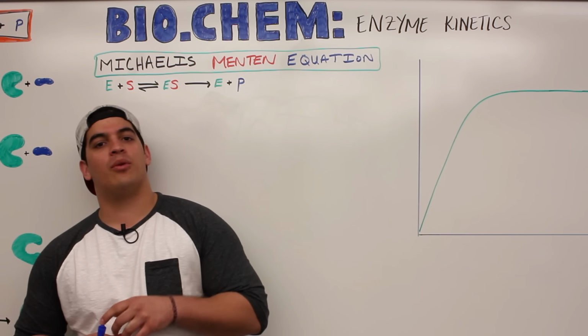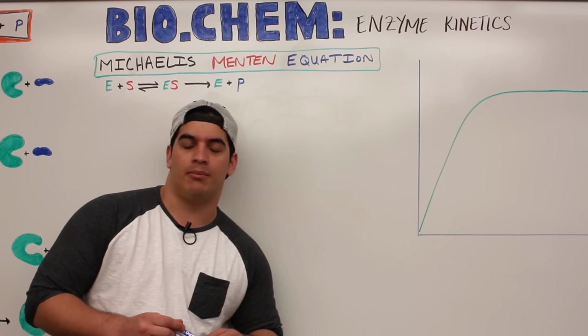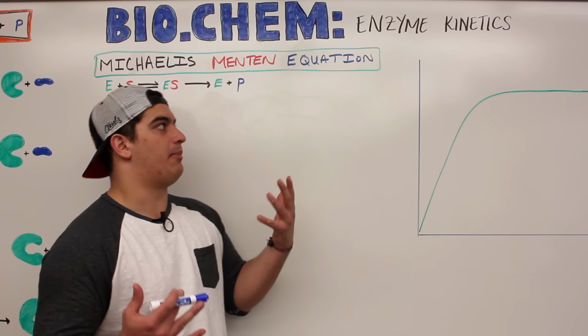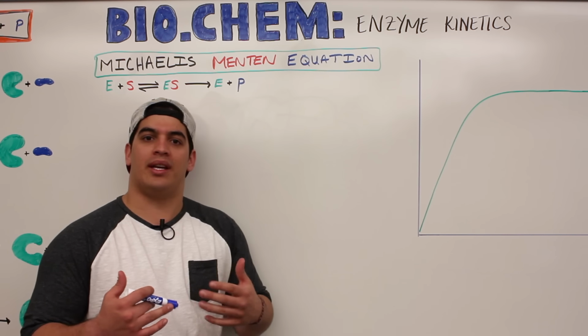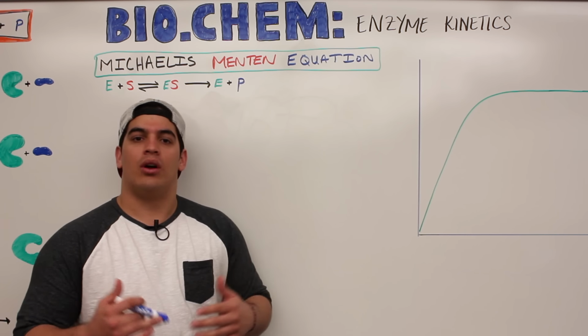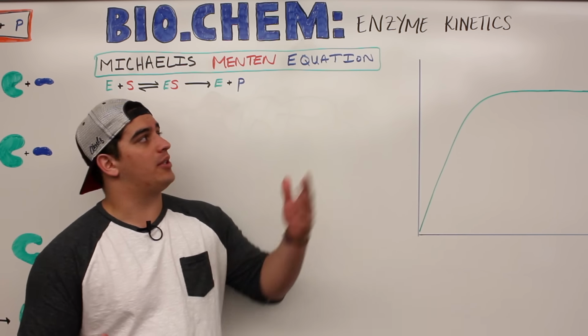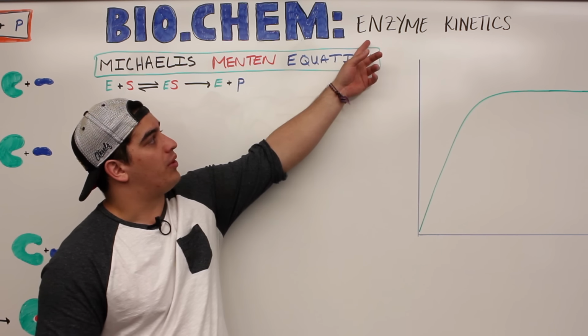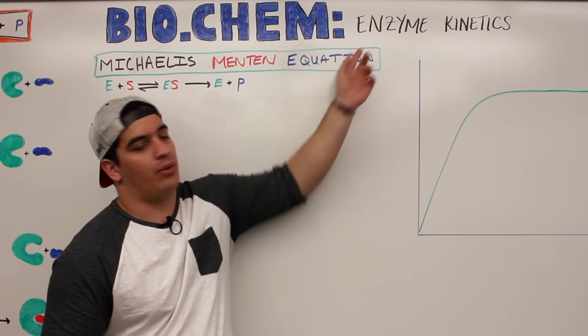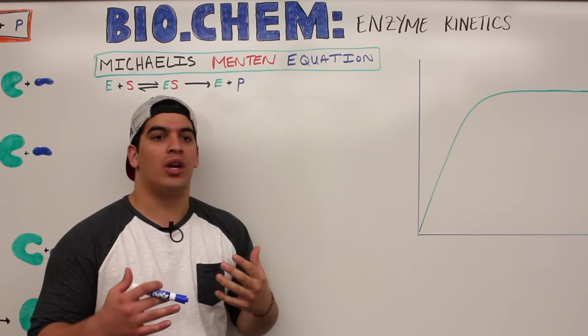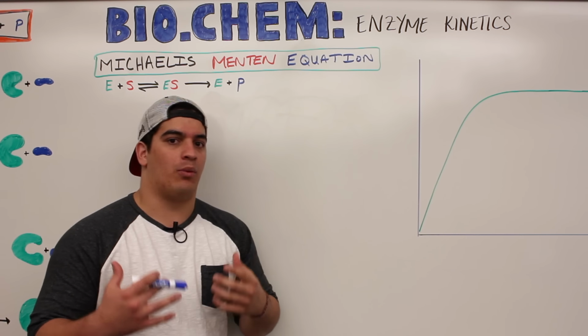All right, Ninja Nerds, in this video we're going to talk about enzyme kinetics. But enzyme kinetics, what is it basically? Well, kinetics is referring to basically the rate of a reaction or the speed of a reaction. So it's basically just the rate or the speed of a reaction with respect to an enzyme. But it's kind of an umbrella term for a lot of different concepts that we're going to cover within this